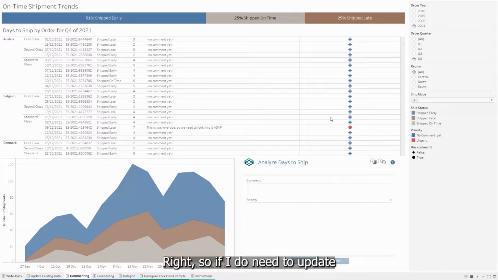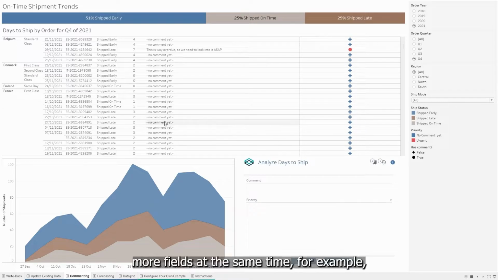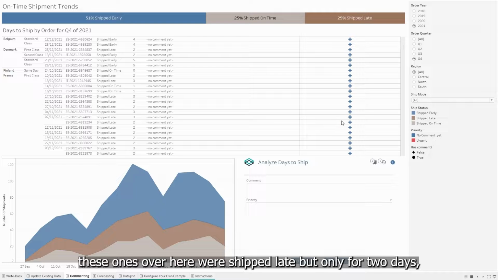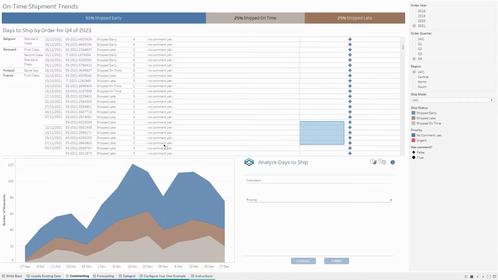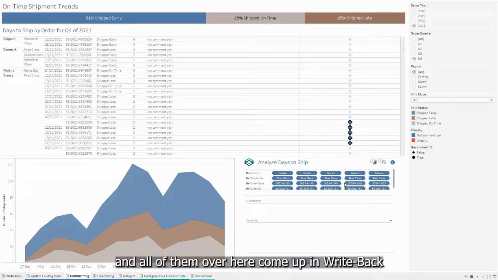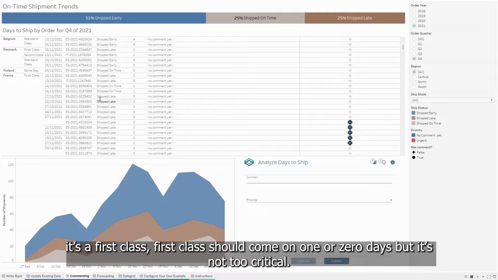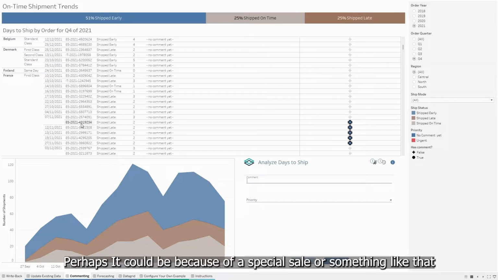Right, so if I do need to update more fields at the same time, for example, these ones over here were shipped late but only took 2 days, so I'm going to select all of them, and all of them over here come up in WritePick, and now I can say that okay, so it's just 2 days after the shipment date. It's a first class. First class should come up in 1 or 0 days, but it's not too critical. Perhaps it could be because of a special sale or something like that, so I can say that